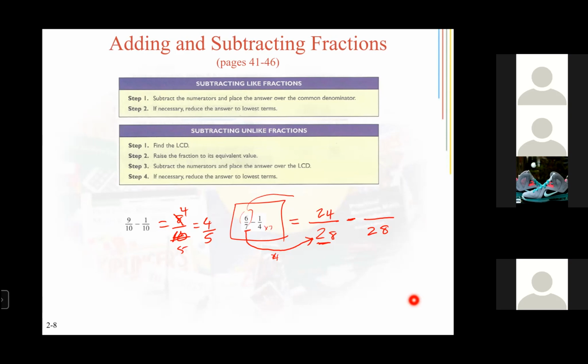What did you multiply the 4 by? 7. Right. So you have to multiply 1 times 7, which equals 7. Okay. So now you have 24 over 28 minus 7 over 28. And so that now gives us